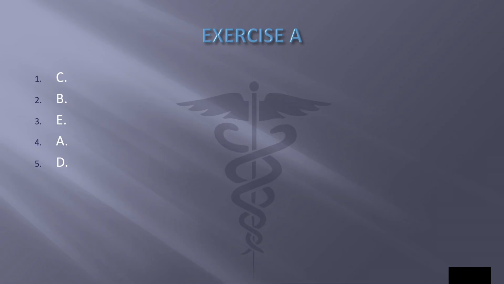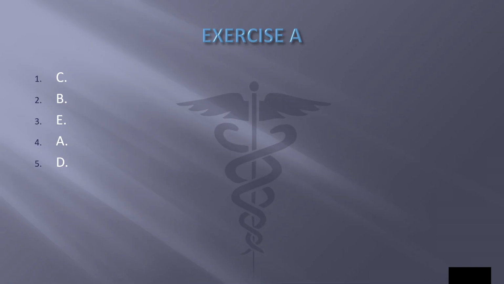These are the matching exercises for the nervous system, beginning on page 250. Exercise A, match the term in column 1 with its description in column 2. Number 1, cerebrum is letter C, the largest part of the brain, controls body movements, thought, reasoning, vision, hearing, and